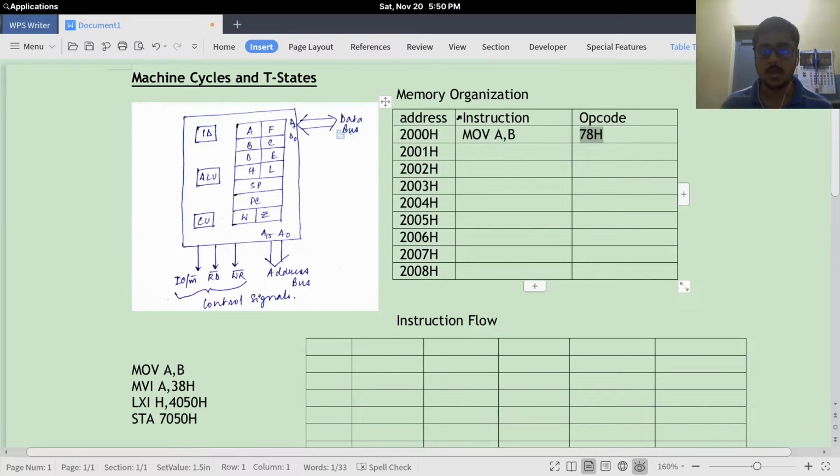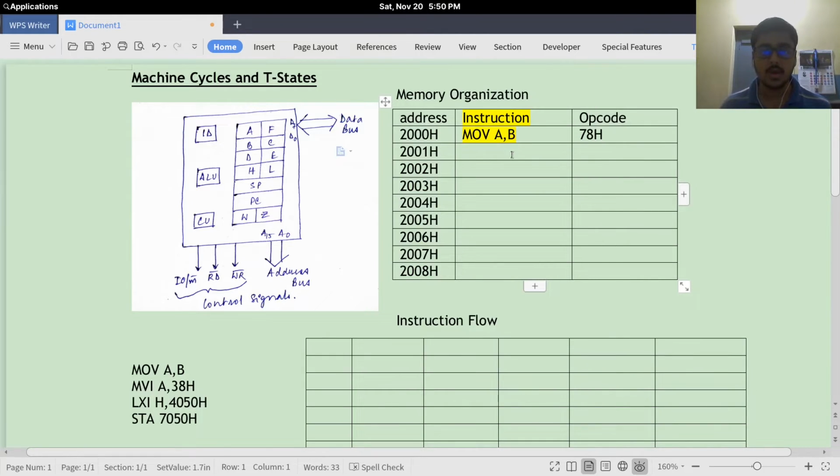Ignore this highlighted portion because it will not be stored in the memory. Only the address and the opcode are stored, or the data which we give. Opcode is for the instructions, and data is what we need for manipulation in the program.